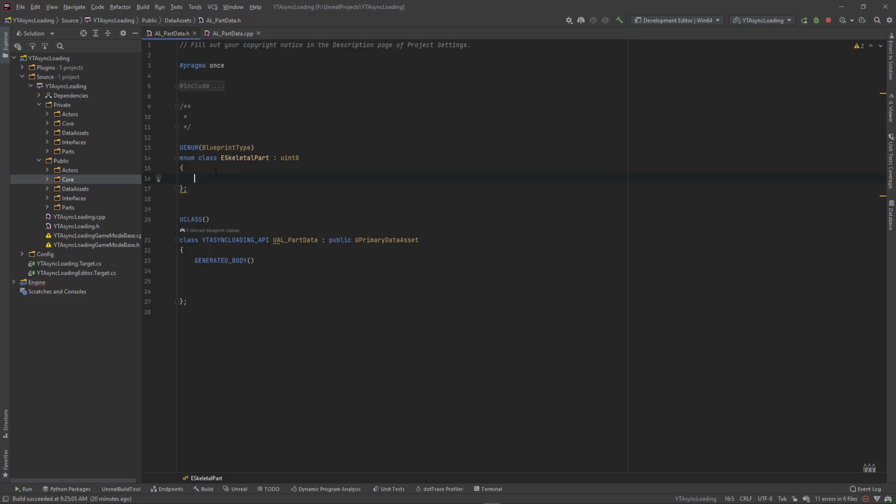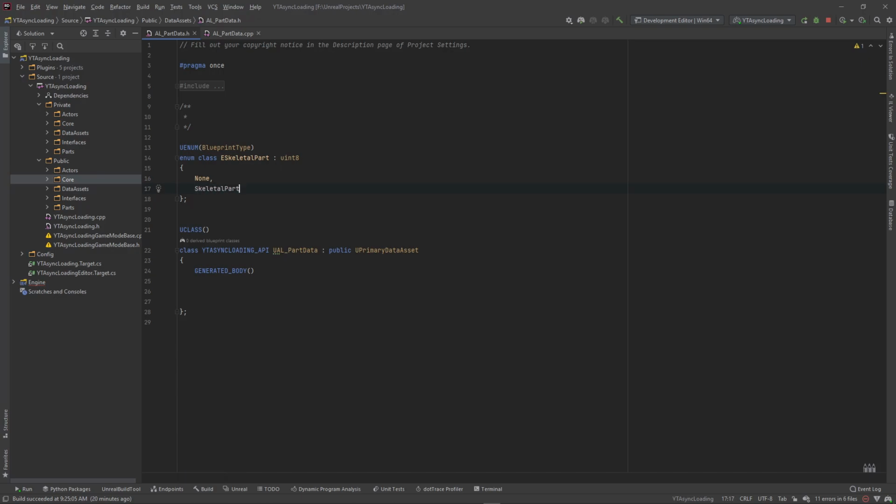So now let's fill this with values. And when it comes to a TMap, you want to have a default value that you won't use, because once you have a default value assigned as a key value, you won't be able to add another key. And you'll see what I mean by that in the editor when we compile this. So I'm gonna go ahead and give it a none for our default,